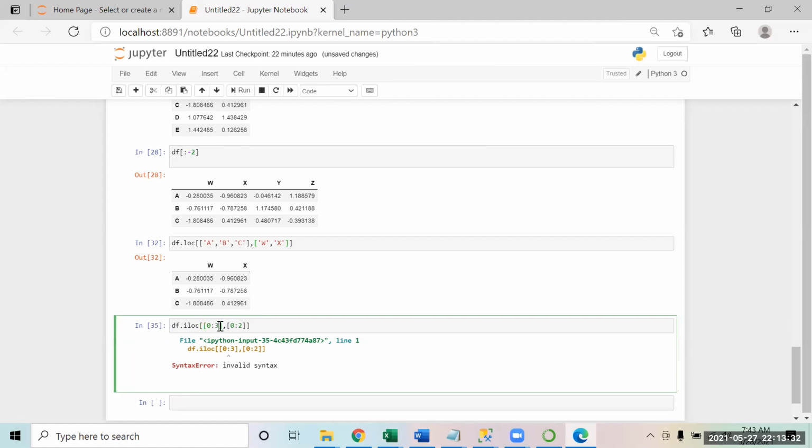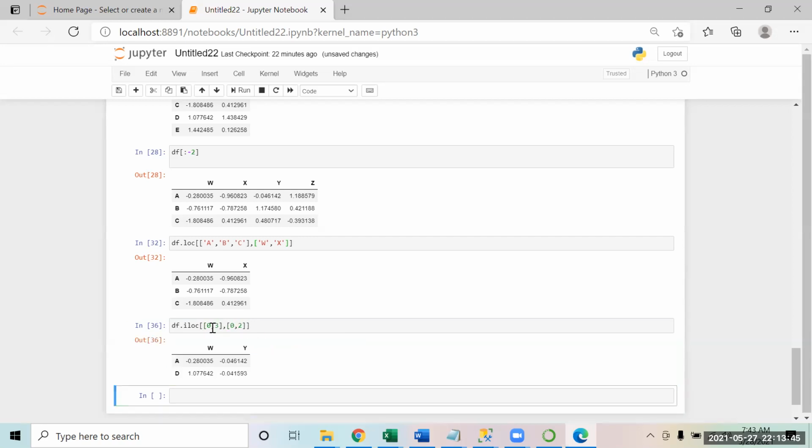Amit, can we try comma? So when I try comma, I think I'm not sure that's right. I'm getting X and Y. But you get only 0 and 2. So if you use this comma over here, this is just going to give that 0 and 2 in that case. You have tried row number 0 and 3 and column number 0 and 2. So this is what it gives you in that case.